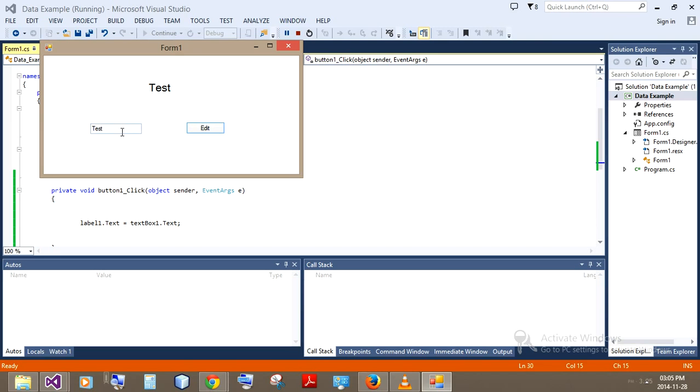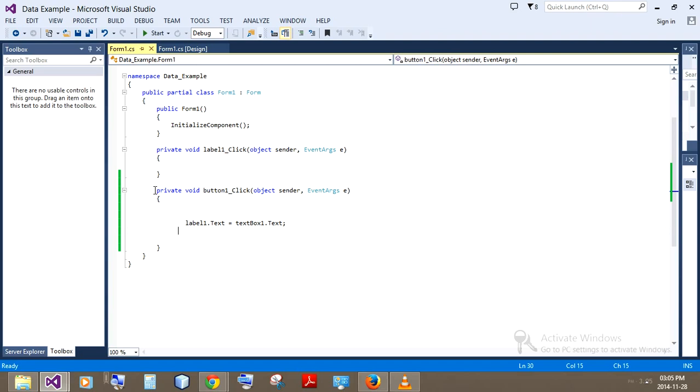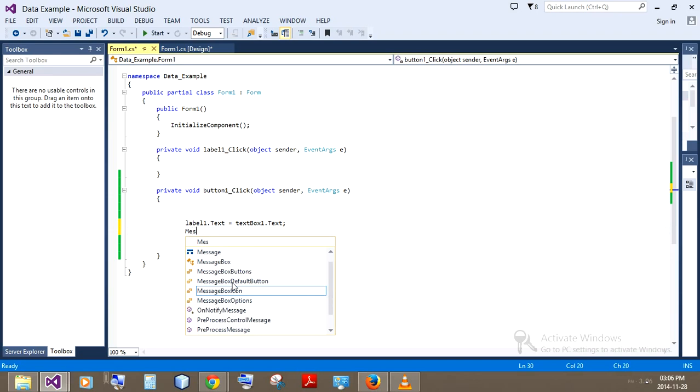So what if I wanted a message box or pop-up box to show after I have edited to say it has been successful? Well, this is the method that runs when I click edit. Of course, most programmers are very familiar with this. Once I'm done with whatever processing I want to do, obviously after this line of code over here, I would like to show a pop-up box and alert the user that the edit has been successful. I simply type in